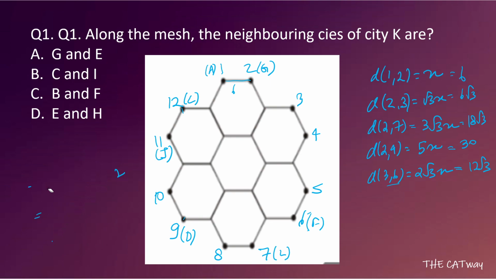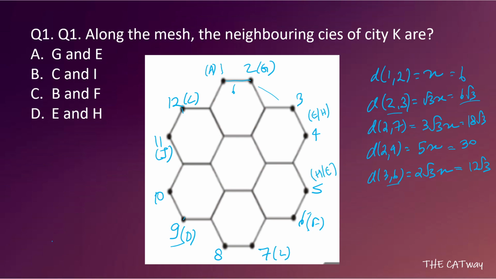Now what have we been given? We have been given that the distance between E and H is 6 root 3. What is 6 root 3? It is 2 to 3. But E and H cannot occupy 2 to 3 because 2 is already occupied by G. 6 and 7 they cannot occupy, 8 and 9 they cannot occupy because 9 is occupied, 10 and 11 they cannot occupy because J is occupied, 1 and 12 they cannot occupy. So the only positions left for E and H are 4 and 5. So E and H will come at 4 and 5, but we do not know the order. So let's place both of them here.